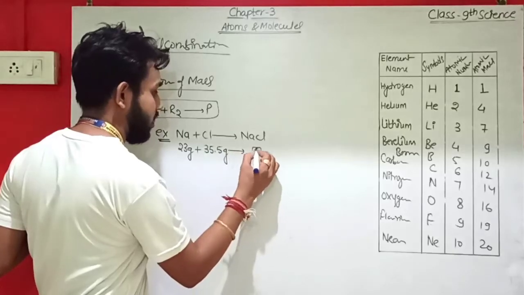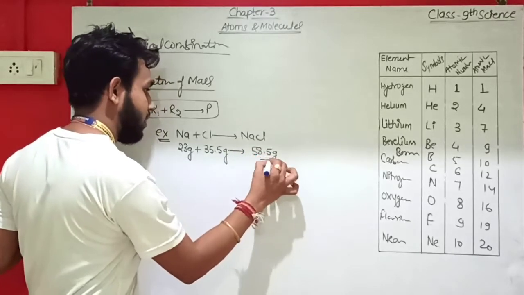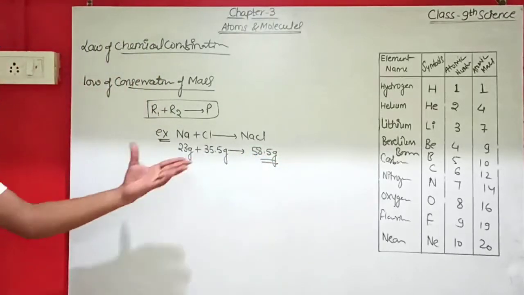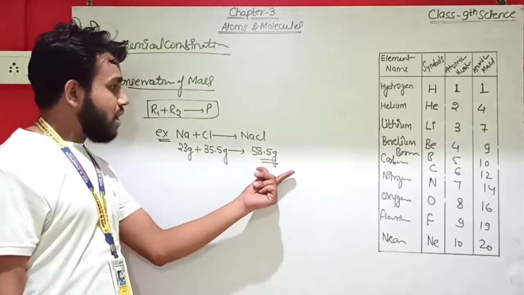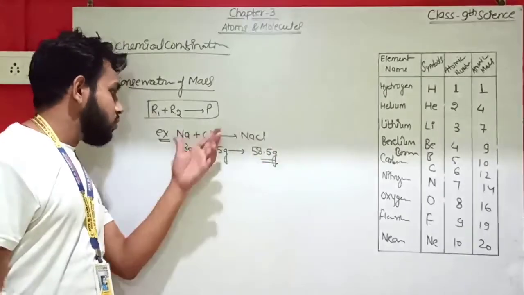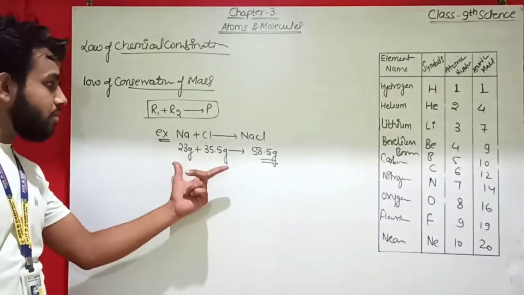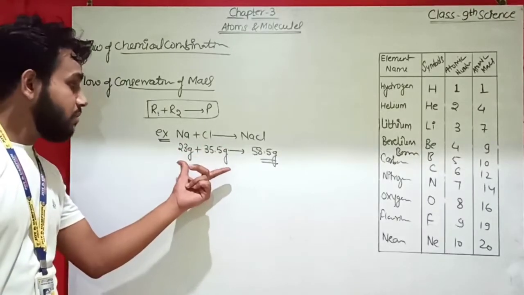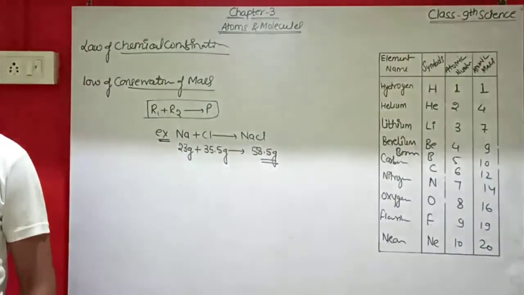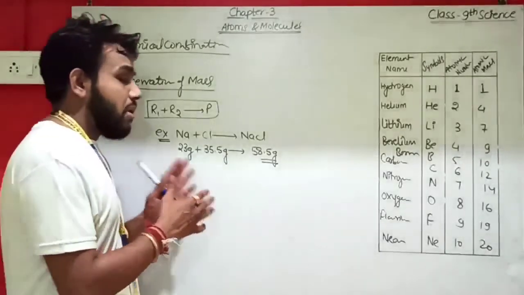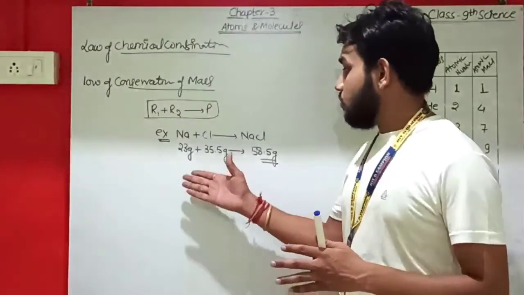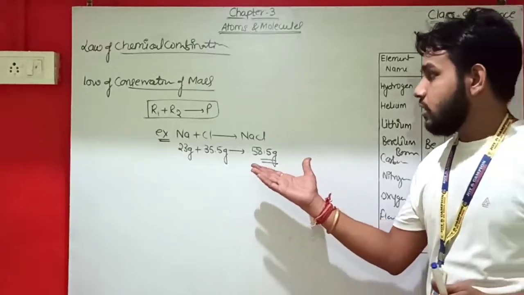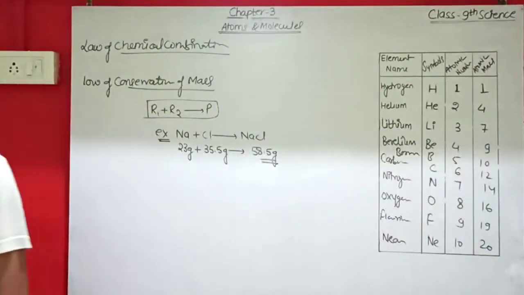What is the total mass? 58.5 grams. So Lavoisier stated that the total mass of product is equal to the sum of the mass of reactants. Okay, that means mass ना केवल कम होता है ना ज्यादा होता है किसी भी केमिकल रिएक्शन में।